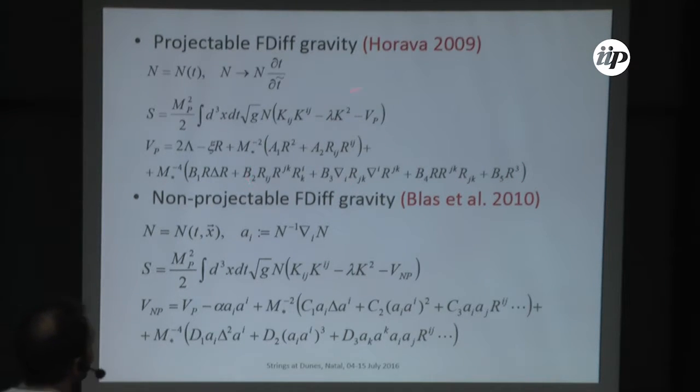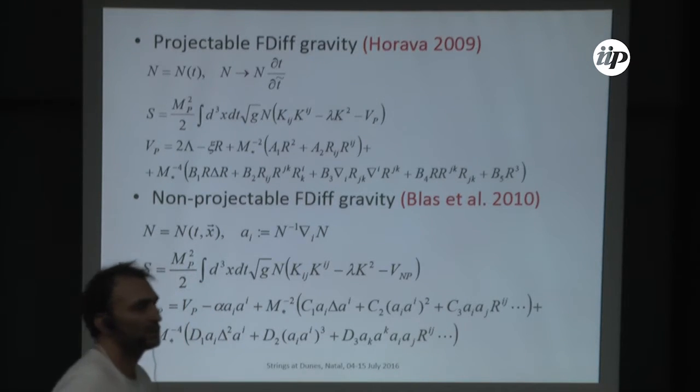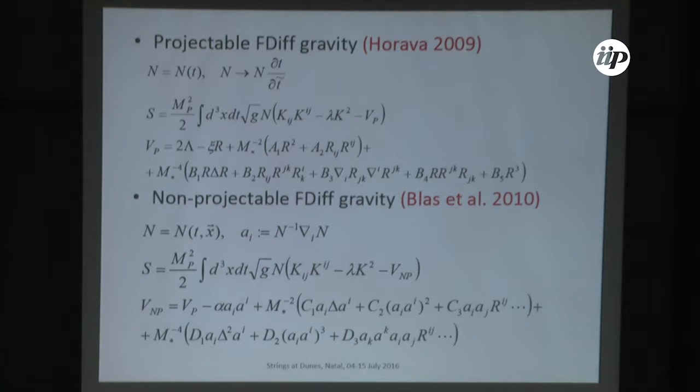Okay, and you can argue, at least initially it was just by counting, that it should be renormalizable, but recently there are some works by Barvinsky and others that make some statements about the actual quantum consistency of this theory. There are 2 approaches. Actually, you can show that there are sectors. You can think either the lapse function purely depends on time, because foliation-preserving diffeomorphisms are organized in such a way that it will remain dependent only on time. This is so-called projectable gravity.